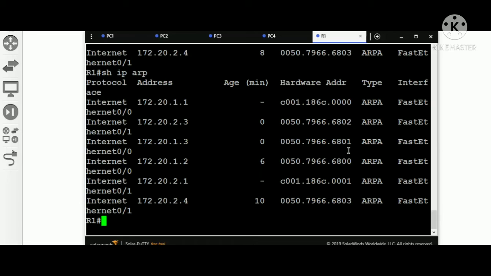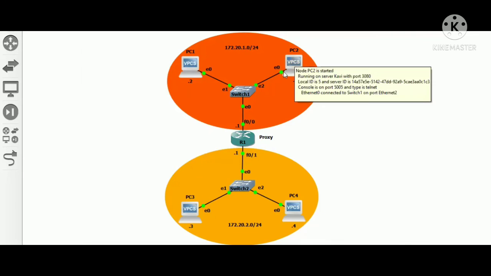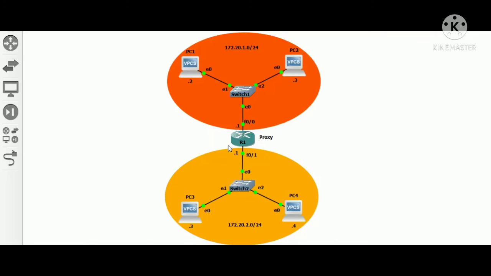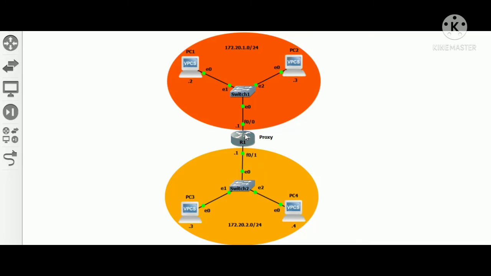So what the proxy is doing here is, now I'm sending an ARP request from PC3 to PC2, but router 1 intercepts the ARP request and sends an ARP request to PC2 and gets the MAC address of PC2, but it sends its own MAC address of FastEthernet 0/1 to PC3. So this is how proxy ARP is working.